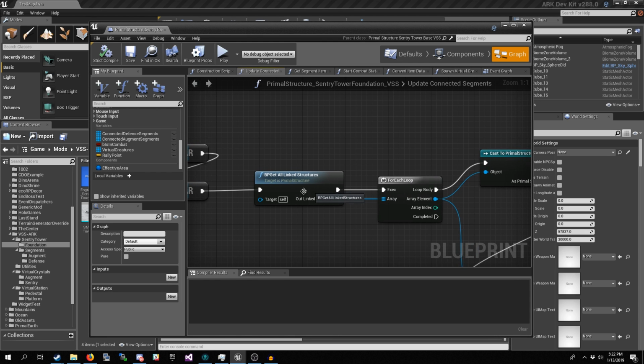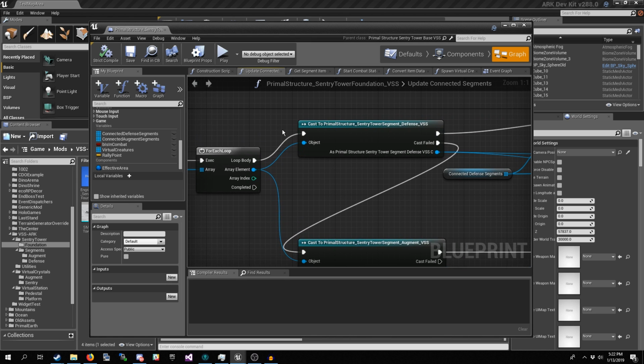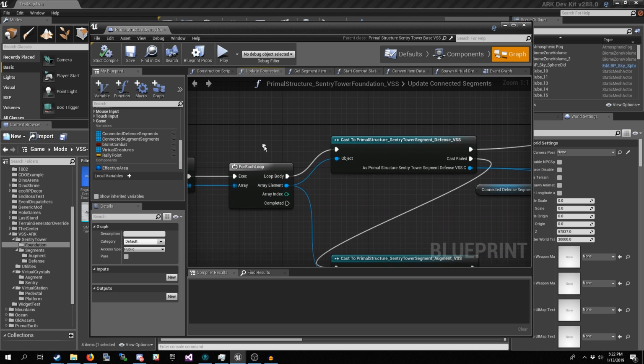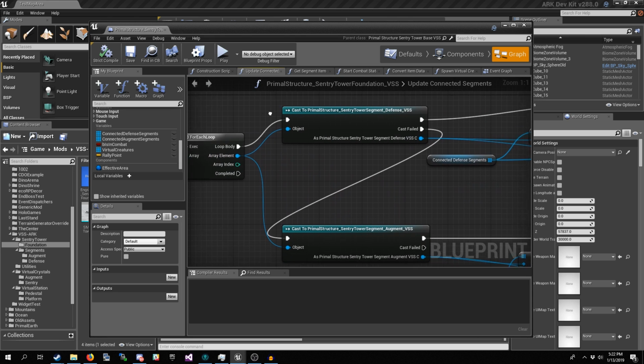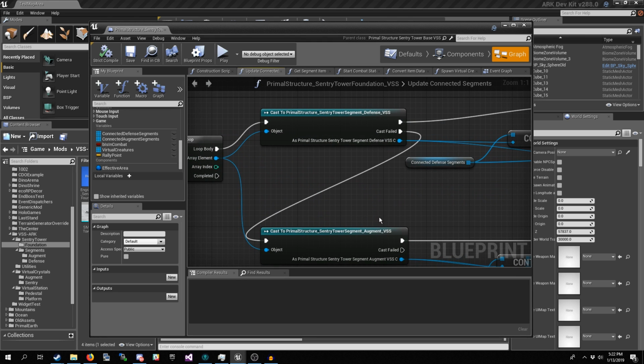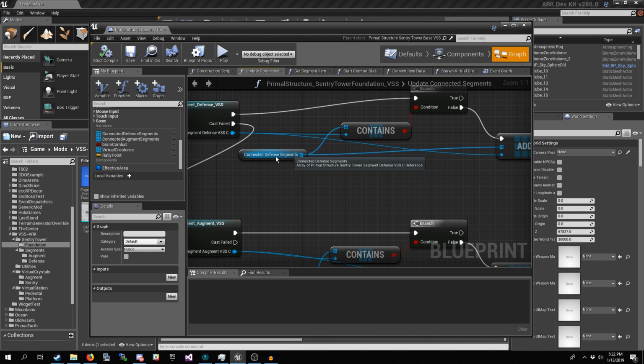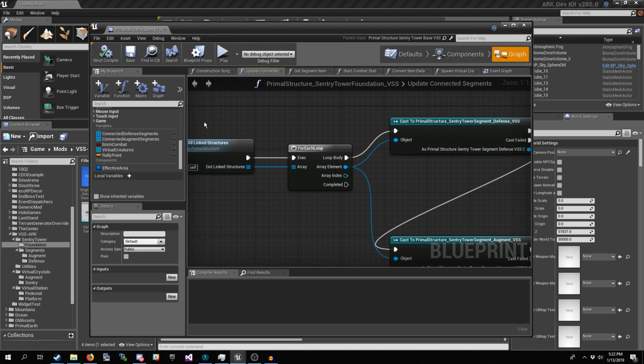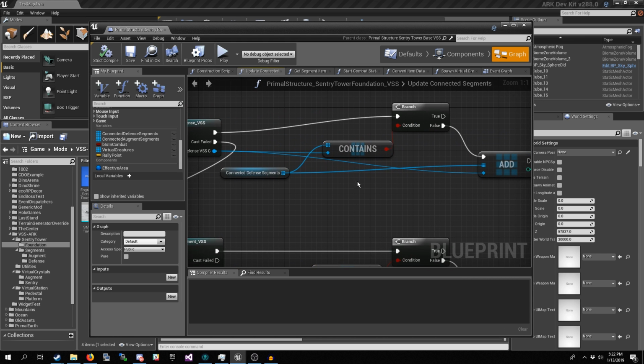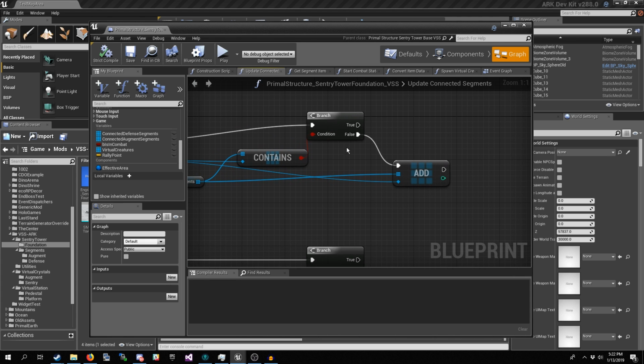And then finally it returns a compiled list of all the unique structures that are connected together. So we're going to loop through it, and if it is under one of these two categories, just in case this does return some duplicates, if the connected segments array already contains that particular segment, it won't be added.